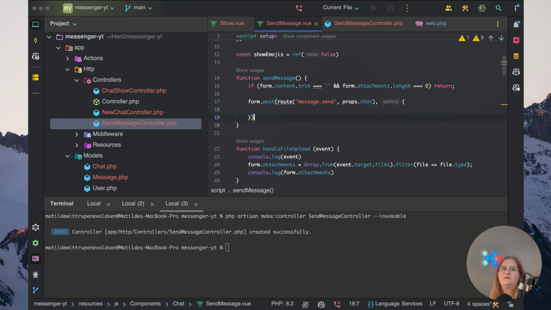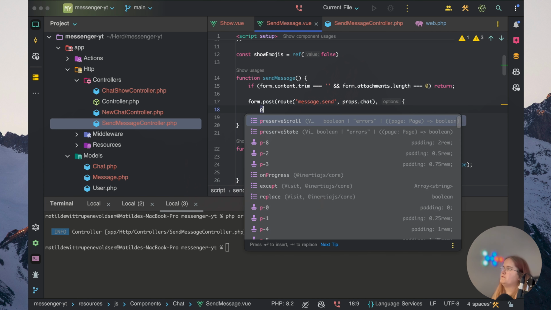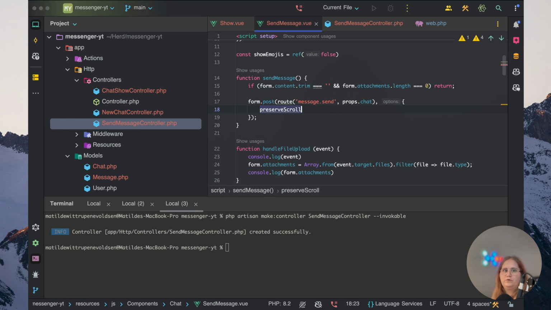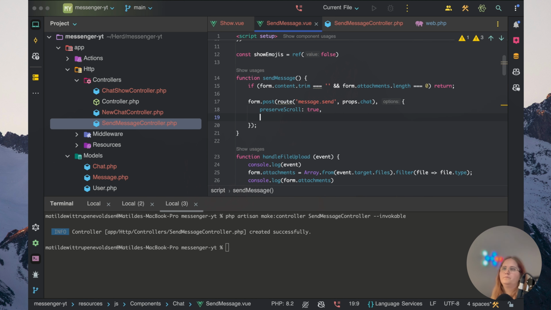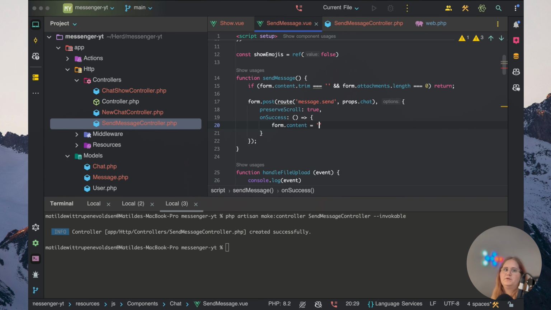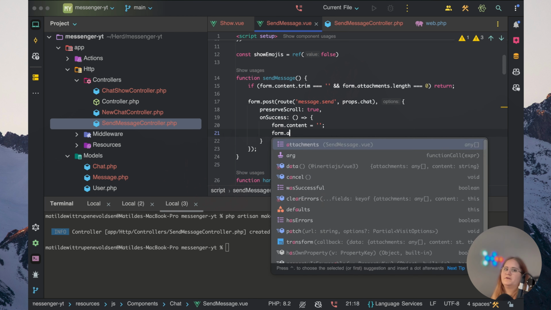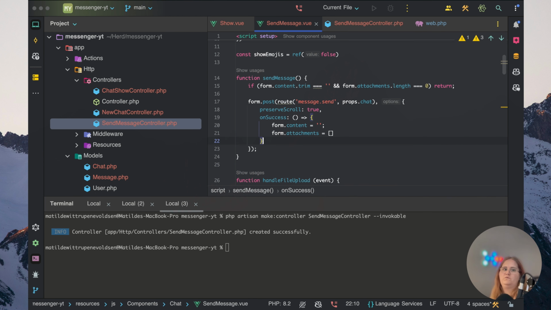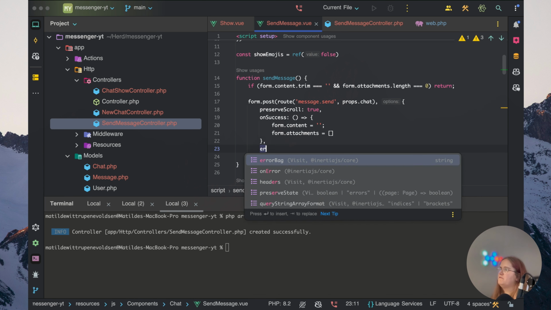And then we need to have an object in here, and in here we want to have a few different things. We want to have preserveScroll, that's going to be true. We're going to have onSuccess. In here we're going to have form.content is going to be equal to an empty string, and we're going to have form.attachments an empty array. And if it fails,